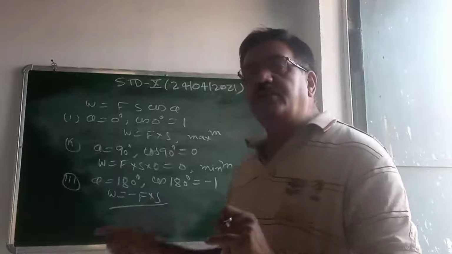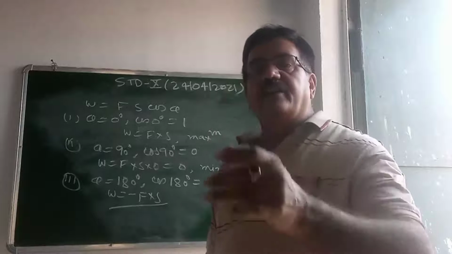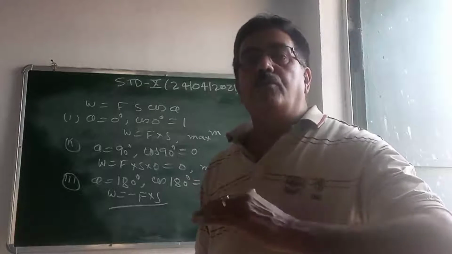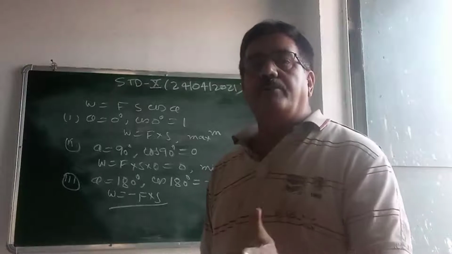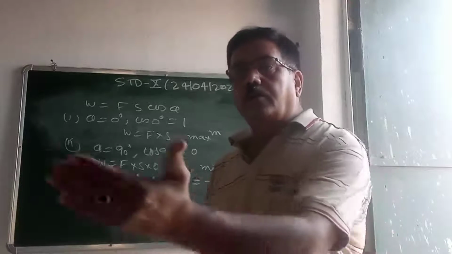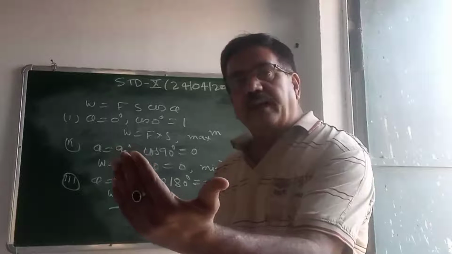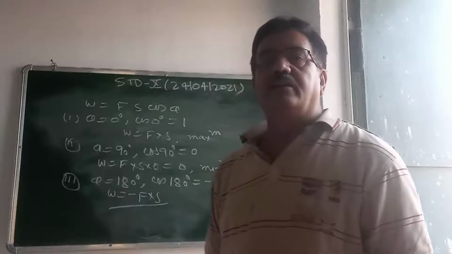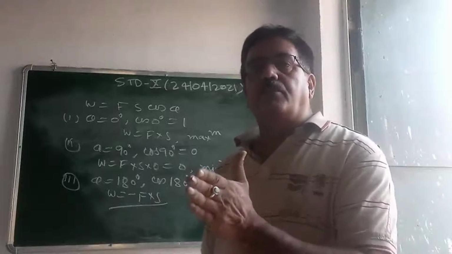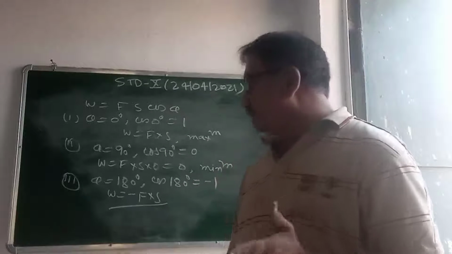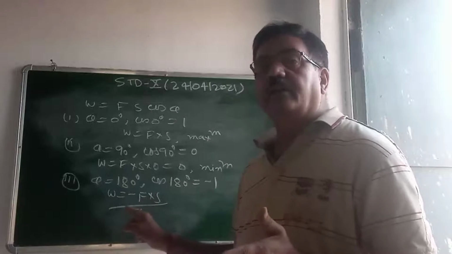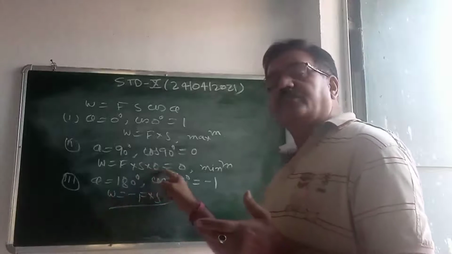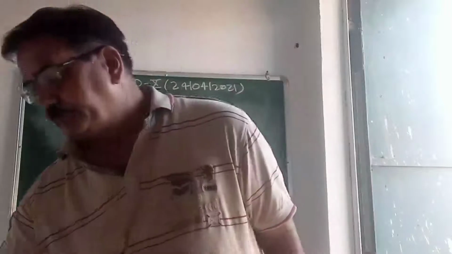Work is done, but in which case? Work done in which the force opposes the motion. Example, when we walk on the ground, the force of friction acts in the direction opposite to the force applied by the leg. So in this case, the force opposes the motion, and that's why the negative sign is given here. It doesn't mean it is minimum. Minimum only when theta is equal to 90 degrees.